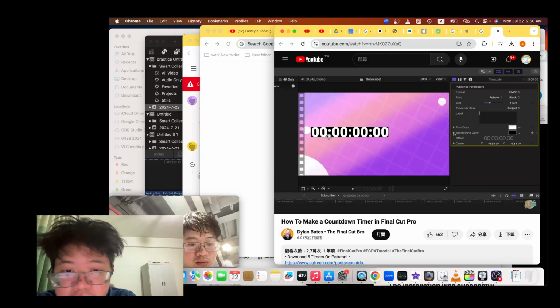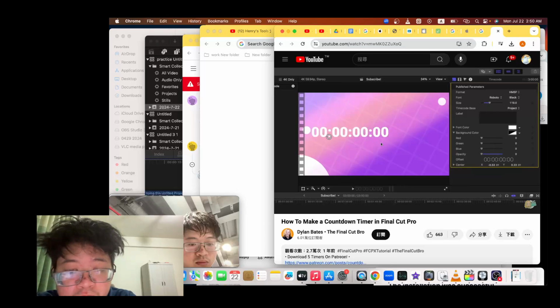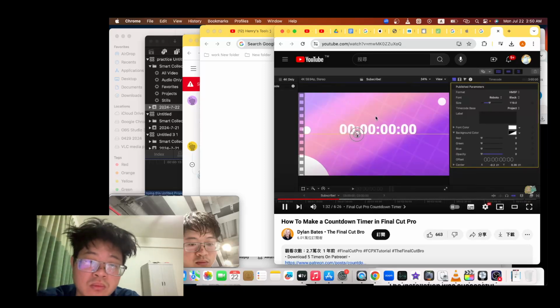Then on the background color option, we're going to want to click this down arrow and change the opacity down to 0. So now your numbers should just be looking